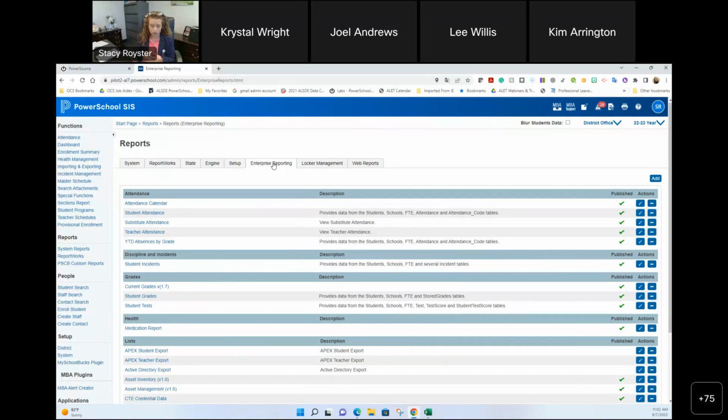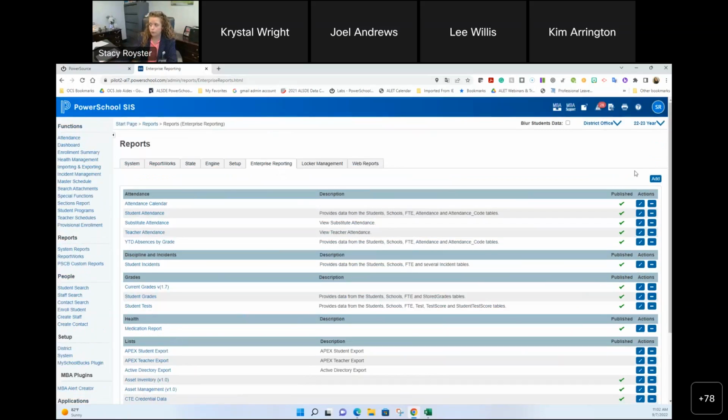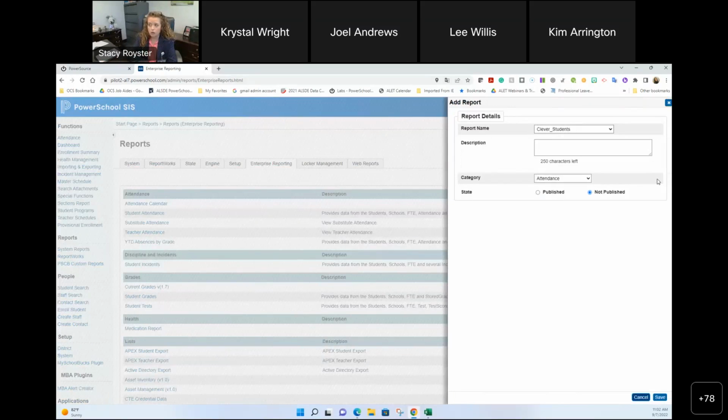There are some reports that come native from PowerSchool, and if you have not touched enterprise reporting from the moment that we incepted this as a state, you might already have some upgrades to them that you don't know about. So on the page, there's kind of two pieces to the functionality. You have the reports that can be ran if you have edit access to this page, and you have reports that can be added. So if you were to look at the added or the add button here, you might